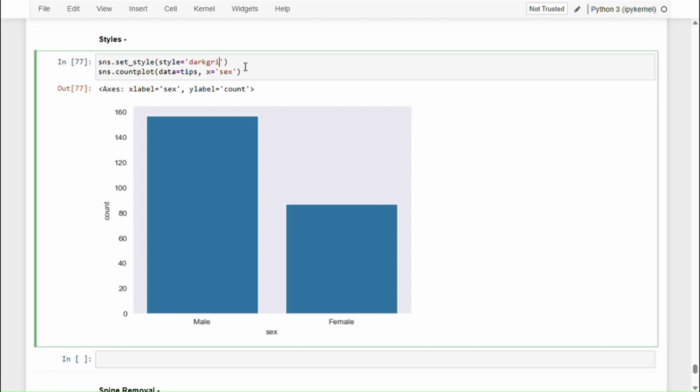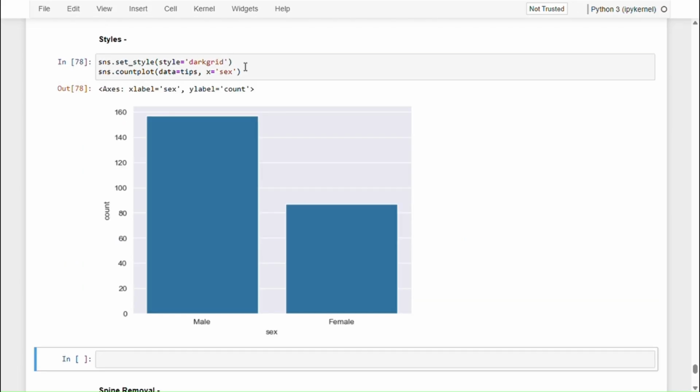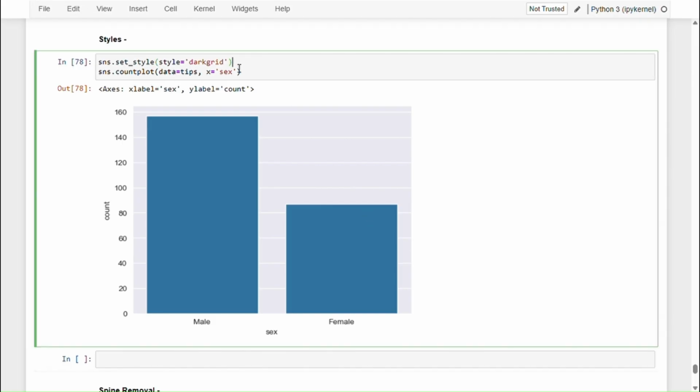Let's say you want to use this dark grid. So dark grid will come with these grids. We have these lines which make it easy to read the data. So right now we see this is more than 80 because the line passes just below the top of this count graph here. And then we have white grid as well,